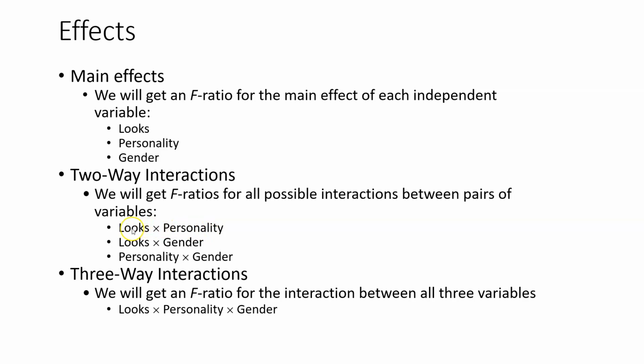So like, if you have an attractive person, does it depend whether they have high, average, or low charisma? If you have a moderately attractive person, does it matter whether they have high, moderate, or low levels of charisma? So again, we're just looking at, do the levels of one independent variable matter when interpreting in light of the other independent variable? And if they are, then you will get a significant interaction where you'll see that, like I mentioned in previous lectures, the lines that you're plotting cross, or they're not parallel,